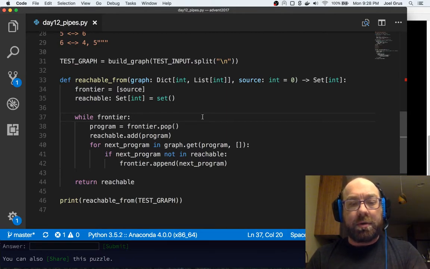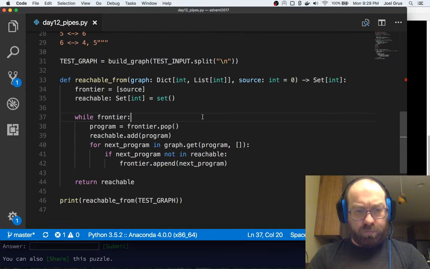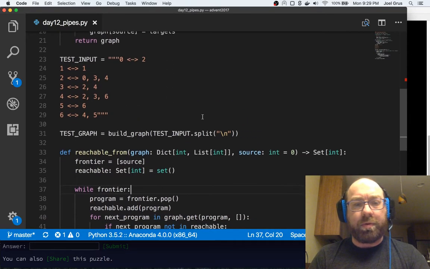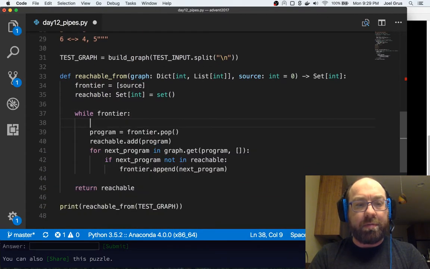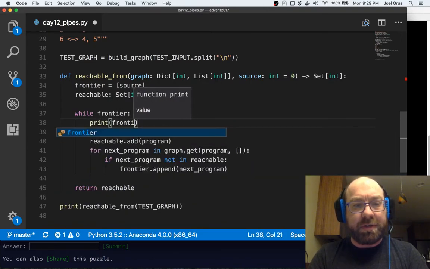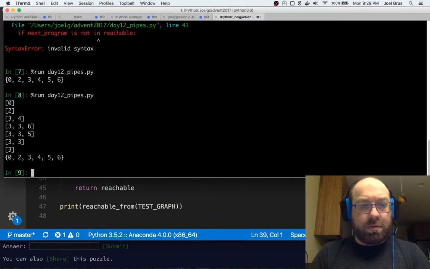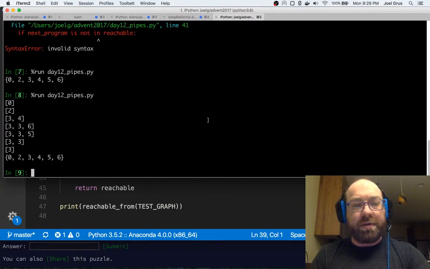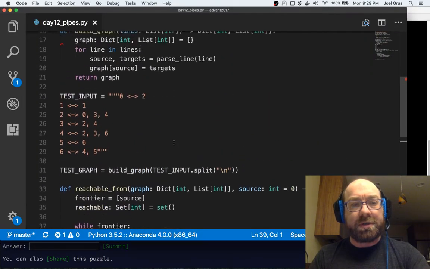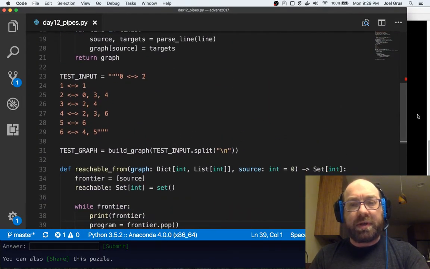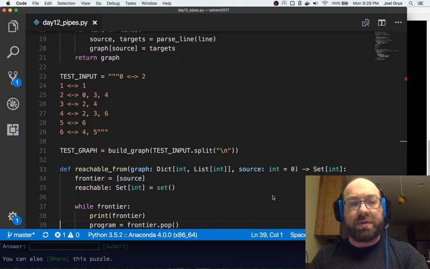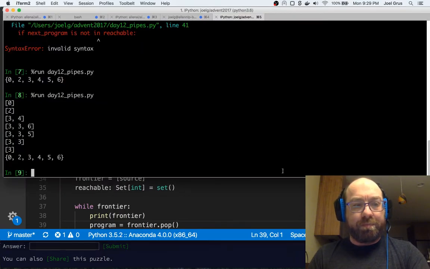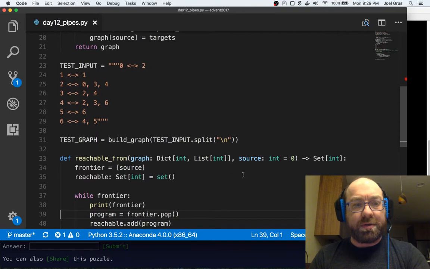And then we just keep going. And so here, what we would do with the 0 is we say 0. This might be actually interesting. Let's just print what that frontier looks like at each step. So we start at 0, and then from 0 we can get to 2, and then from 2 we can get to 0, 3, 4, but we've already been to 0, so we just add 3 and 4. Then we pop off 4, and